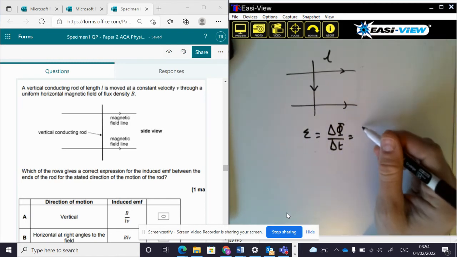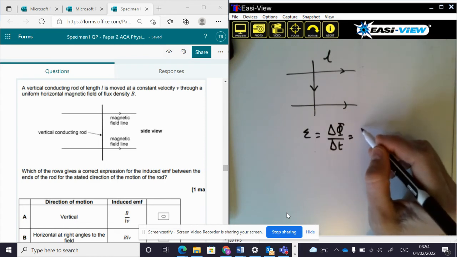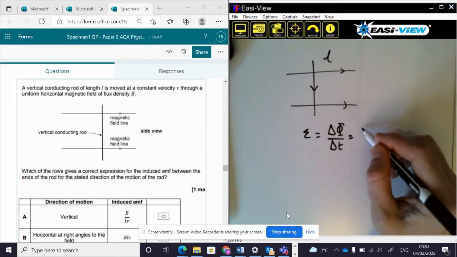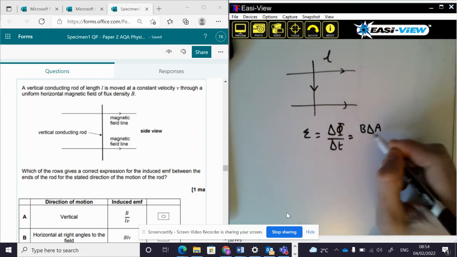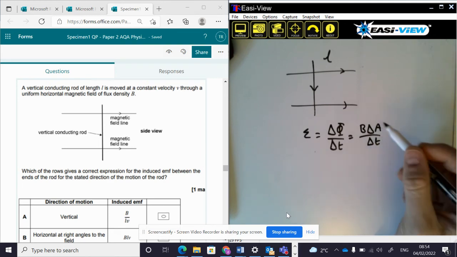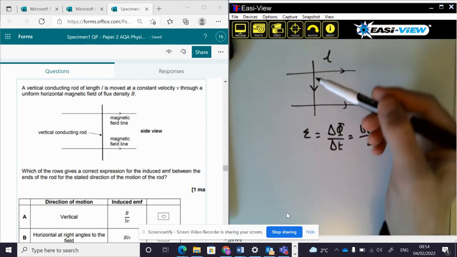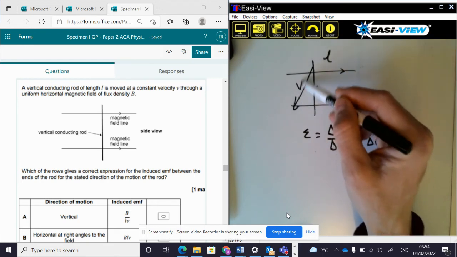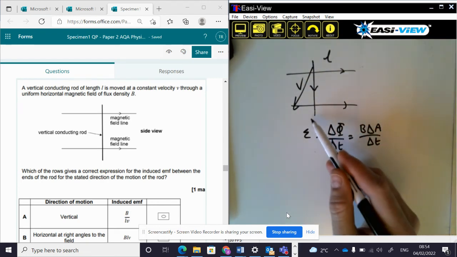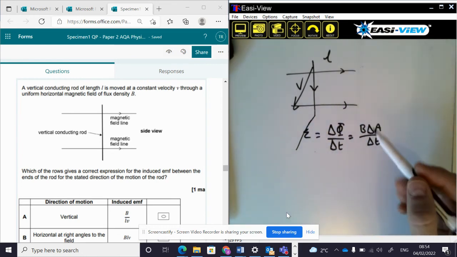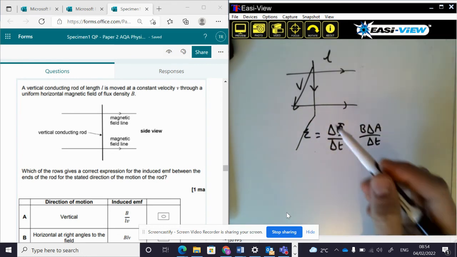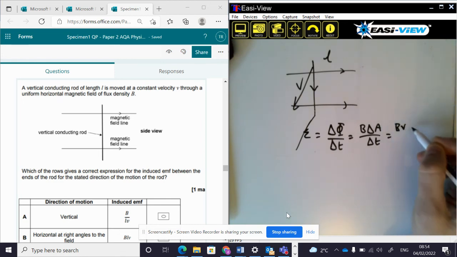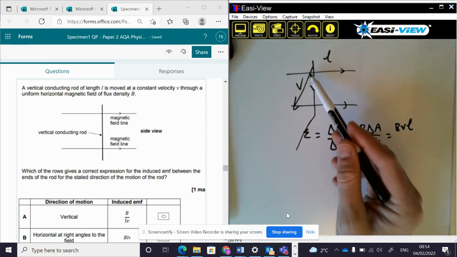But it's a uniform field, so the change in flux is the change in BA, but B isn't changing. So it's the change in area per unit time. Now the area being swept out, if we've got a velocity, and this doesn't really work with this diagram, but if we've got a velocity coming out of the page like this, then the area swept out per second, which gives us this unit time, is given by VL, because as it moves through V,